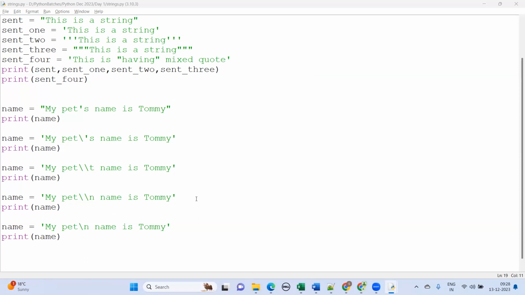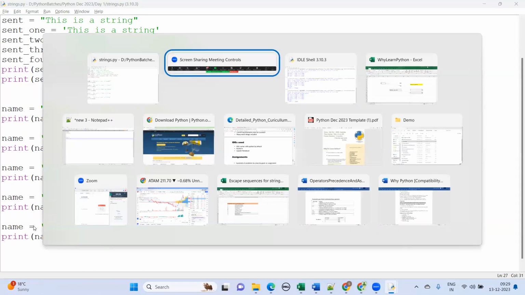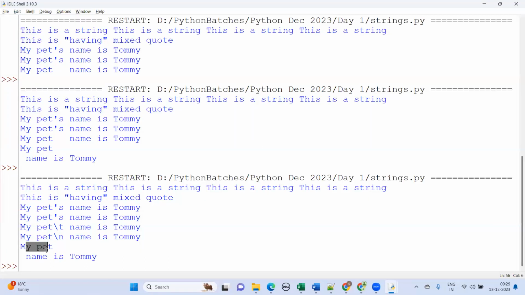My question was, when I'm using this, my pet backslash n name is Tommy, we are getting output like this: my pet, and in the new line,